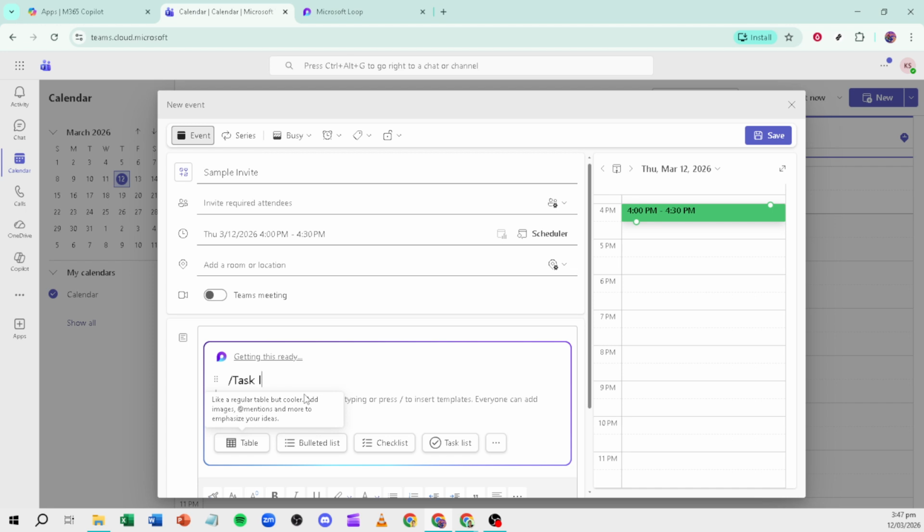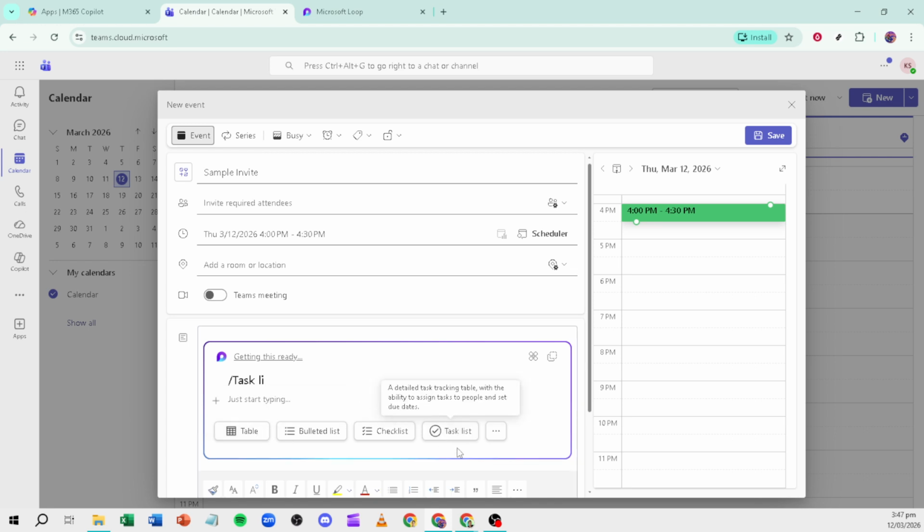After the meeting ends, the Loop component stays available in both the meeting chat and the calendar invite. Use it for follow-ups, late-breaking updates, and to track completion. You can pin the message in chat for quick access and add a brief summary at the top so newcomers